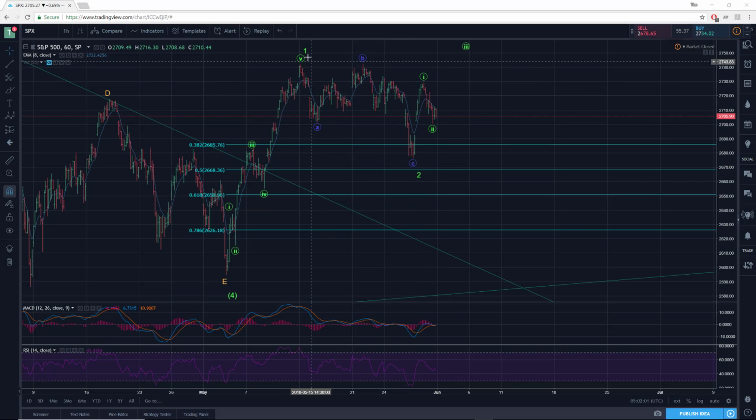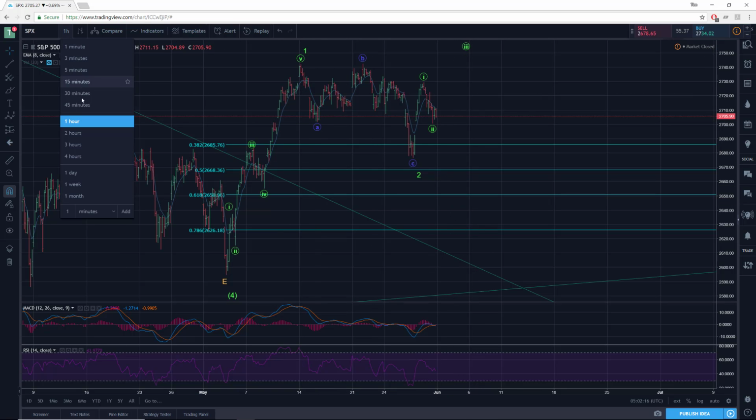this will be, we have this larger 1, 2, so obviously this will be subdivisions of this larger wave 3, but for that we have 1 of 3, looks like 2 of 3 complete, and maybe 3 of 3 about to take place soon. And to go in closer here, just to show you what I did today, so on